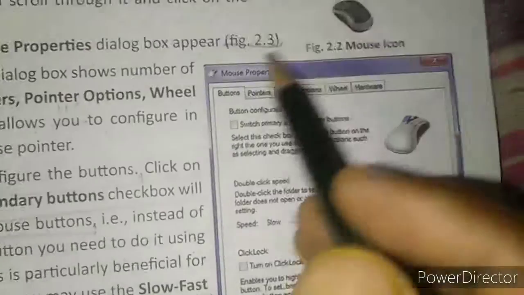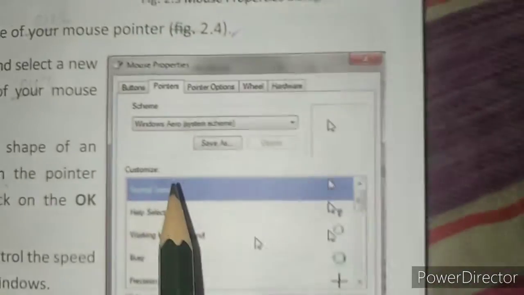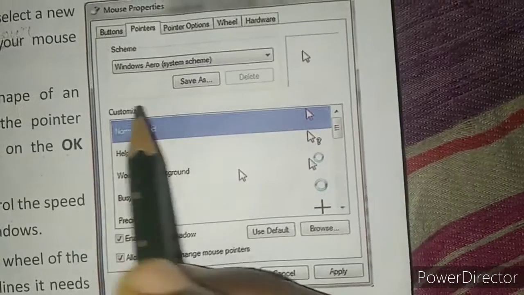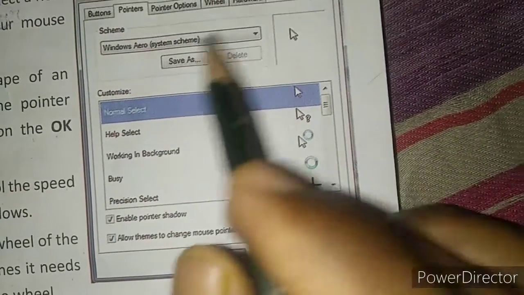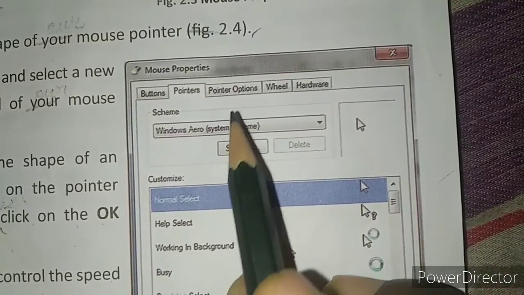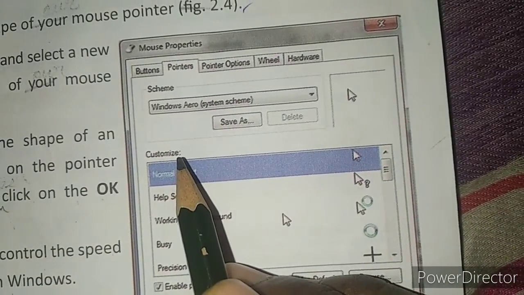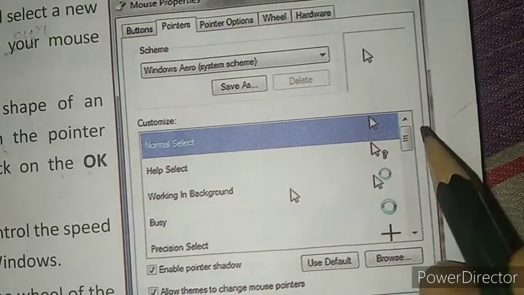Or otherwise, if you want to change the setting of the pointer, when we click on the pointer tab, many options appear here. By this we can change the shape of the pointers, right? And after that, from here we can scroll down.